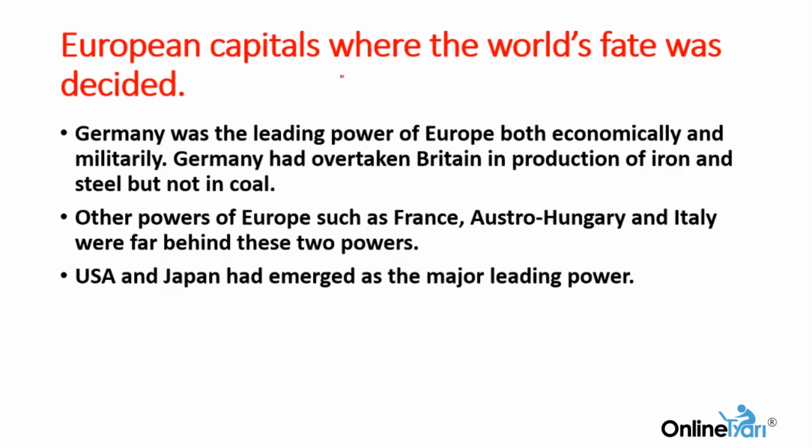It was European capitals where the world's fate was decided, and Germany was the leading power of Europe, both economically and militarily. Germany had overtaken Britain in production of iron and steel, but not in coal. Iron and steel are important for any industrial country, and were more so at that time, because for industrial production you need iron and steel, and also to become a militarily advanced country you need these two resources in plenty to produce weapons. So Germany had overtaken Britain,